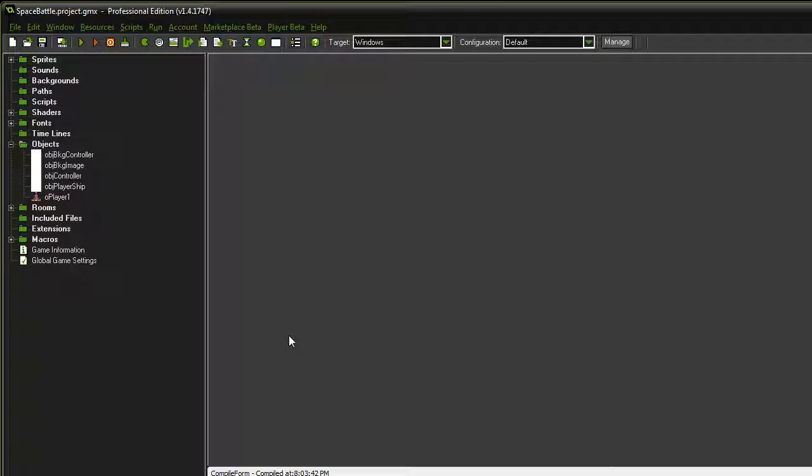Hello there. So where we left off last time is we just finished placing our ship in the game. So what we're going to do is add a secondary ship. One of the first things I did was